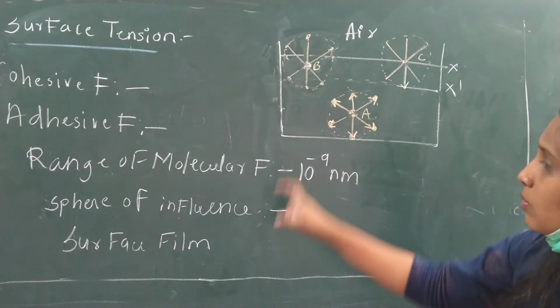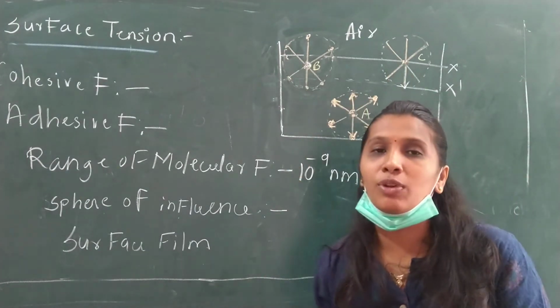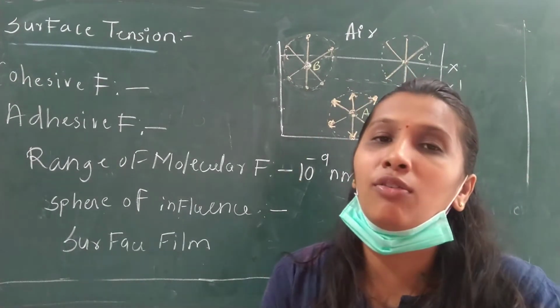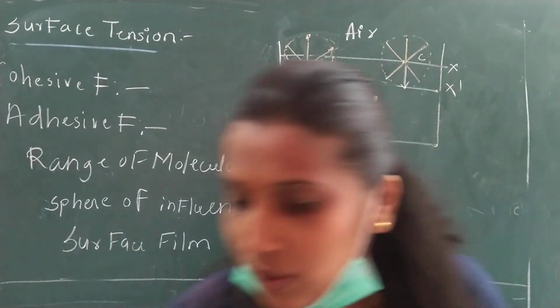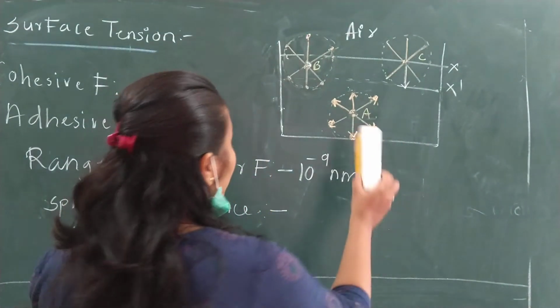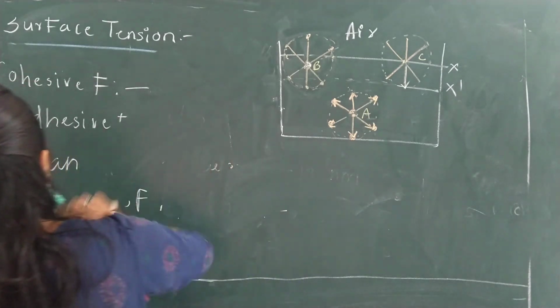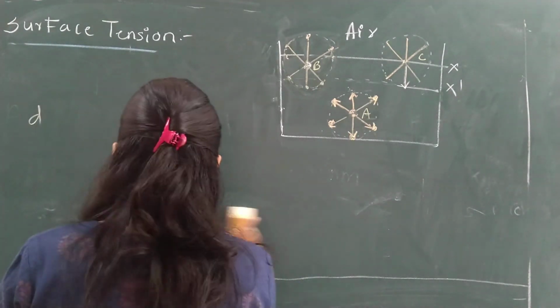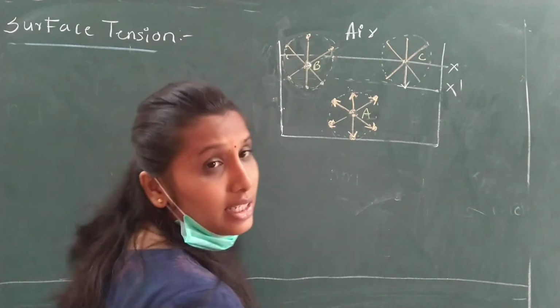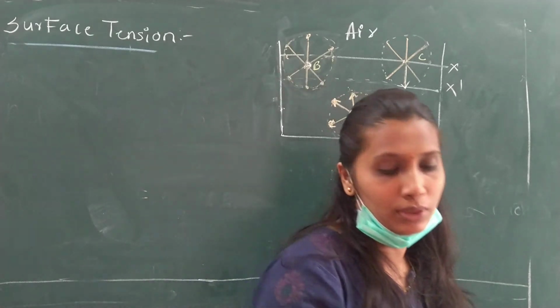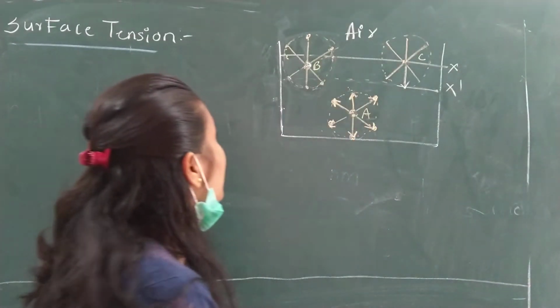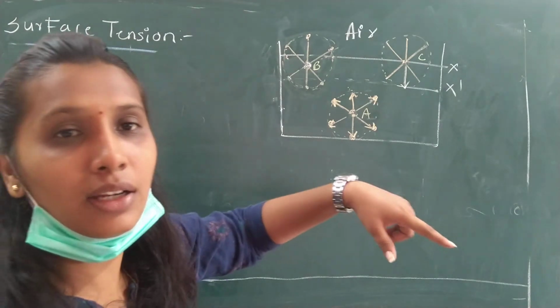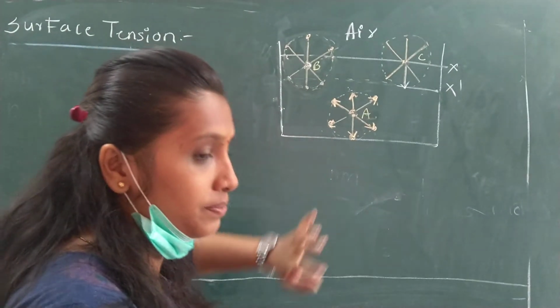These were a few topics which you need to know before starting the molecular theory of liquid. Now, once we talk about the molecular theory, let's see how each and every molecule behaves inside the liquid and at the surface of the liquid. I hope the diagram is seen clearly by you. This one.